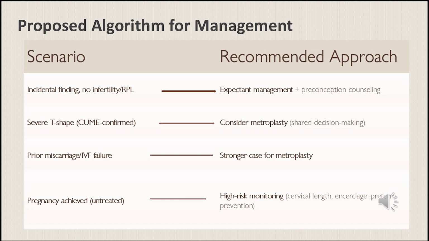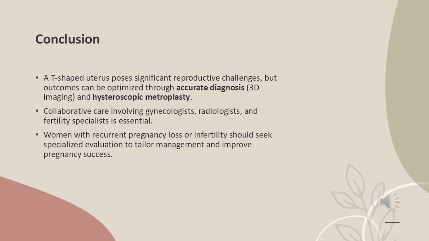If they achieve a pregnancy before treatment or untreated, then high risk monitoring for cervical length, cerclage, and preterm prevention can be considered. To conclude, a T-shaped uterus poses significant reproductive challenges, but outcome can be optimized through accurate diagnosis